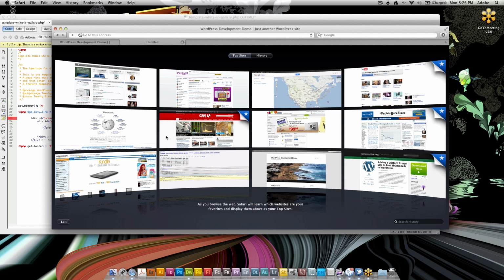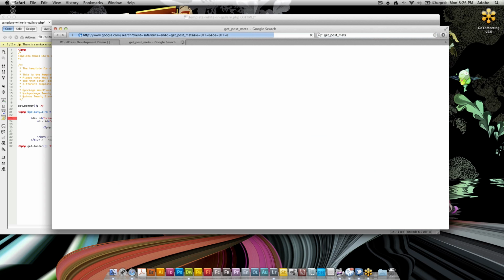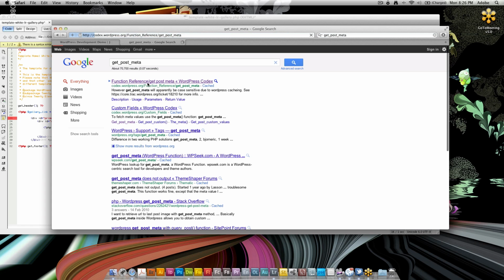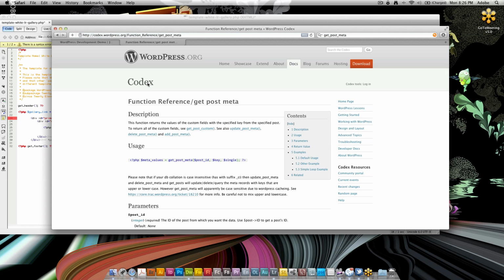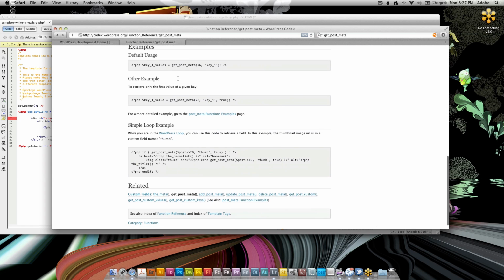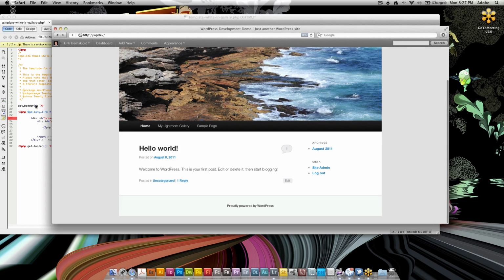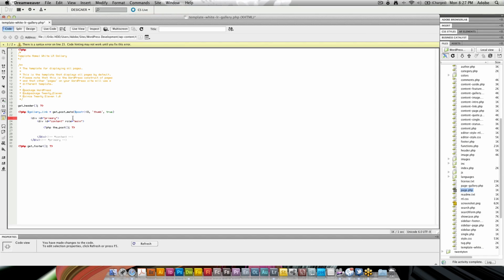So go to Safari, go to a new tab, go to Google. And I'm going to Google, in this case, I know it's get post meta. And you get the lovely WordPress codex in which you can find how to use this get post meta function. And here you see the reference. You use it, get post meta, post ID, thumb. Okay, this looks good. I'm going to grab that, paste that in, finish that off with a semicolon, and then